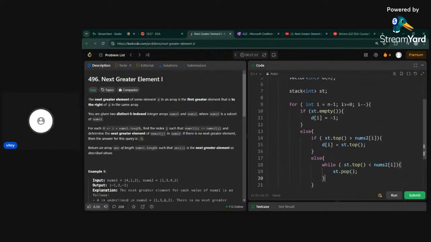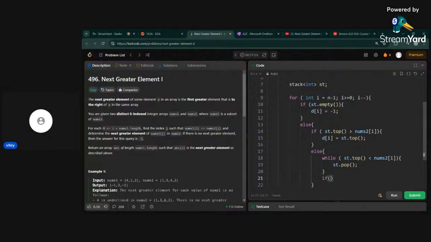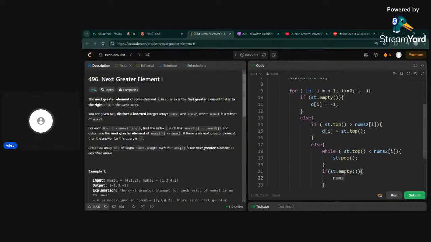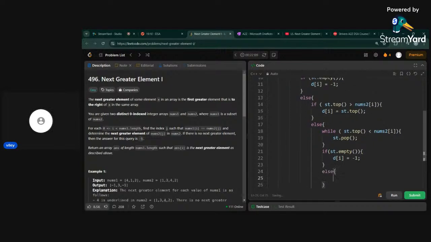And then I'm going to check if the stack is empty, then we'll set the value of d of i as -1. Otherwise, I'm going to set the value of d of i as